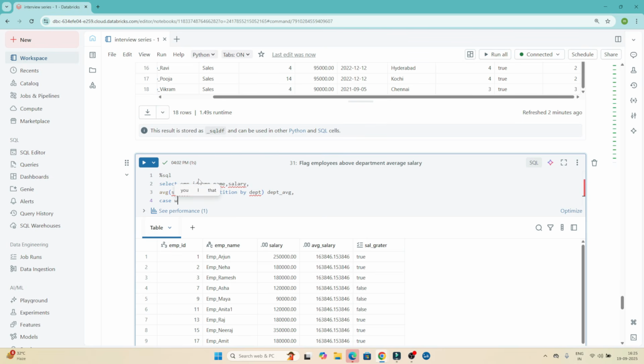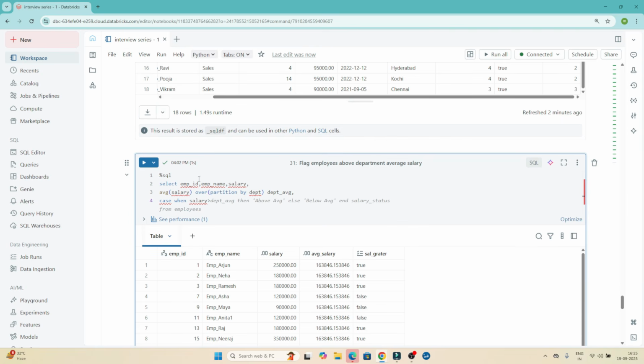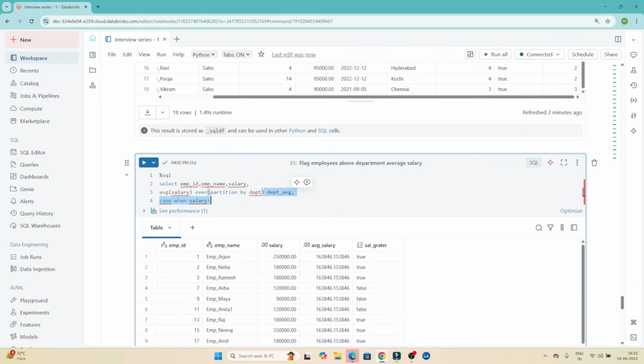So I will write case when salary is greater than the department average salary. For the department average salary, what we had to write, this we had to write, right? So again I will copy this: case when salary is greater than the department average salary. If the salary is greater than the department average salary, then true, else false,